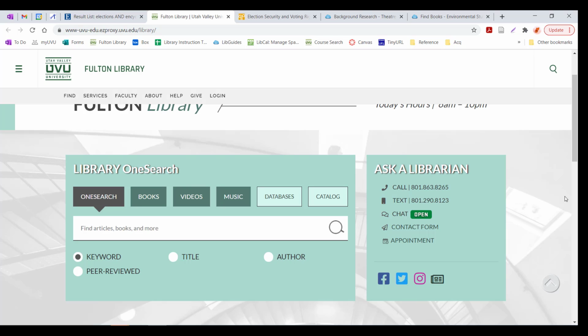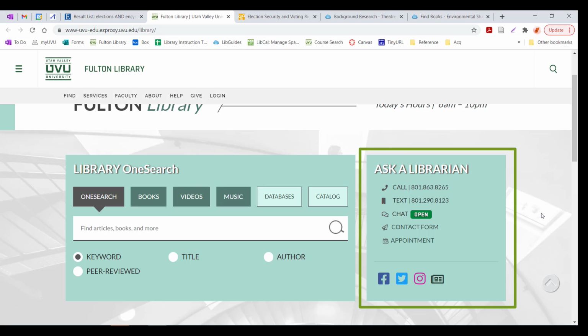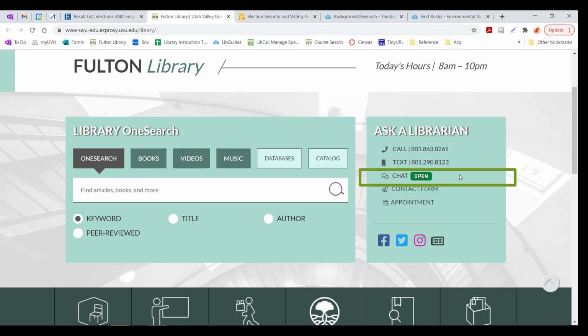If you have questions about whether or not your source is a reference work or any questions about finding these kinds of items using library resources, you are always welcome to ask a librarian. Our live chat is open all the hours that the library is open, which you can find by clicking on today's hours right here. If the chat is closed, you can use the contact form to send us an email with any questions, or if the library is open, you're also free to call or